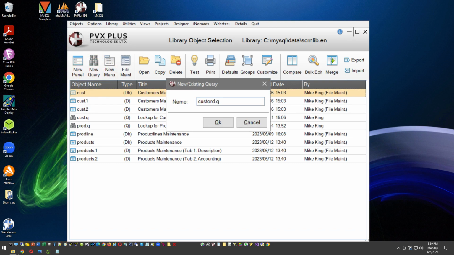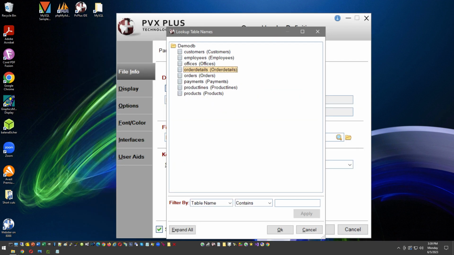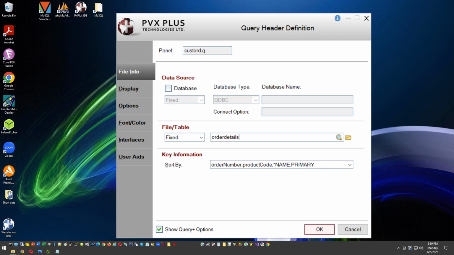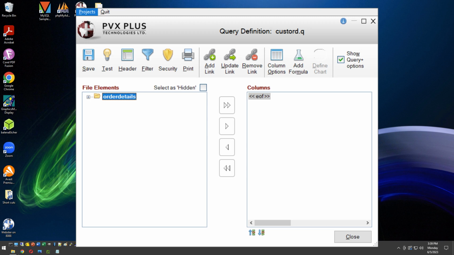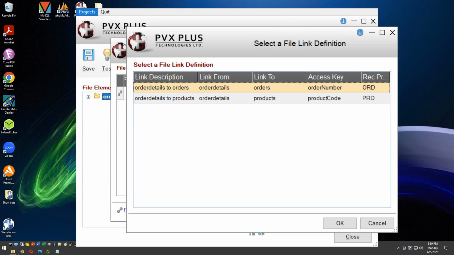We will enter the query name and select Standard Query. The main input will be the order details table. From the query definition, we will select the Add Link button. Clicking the link button in the first column allows us to select any of the file links that we just